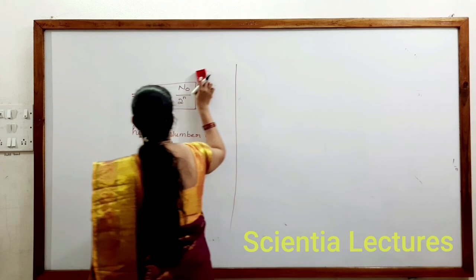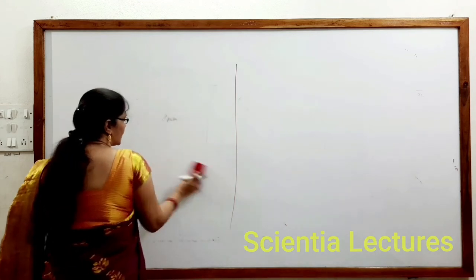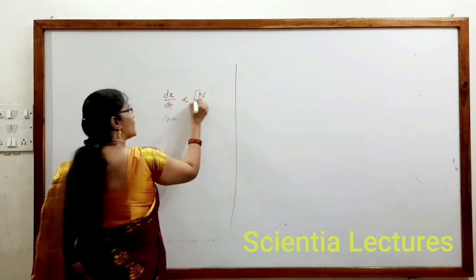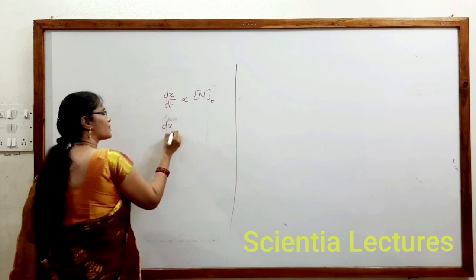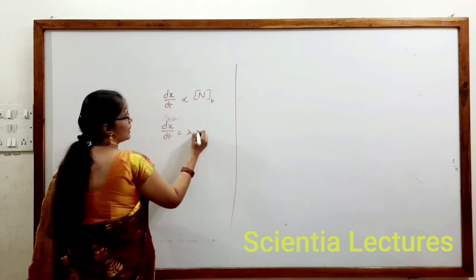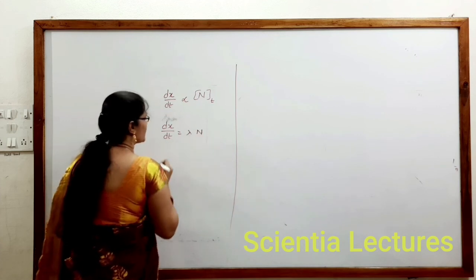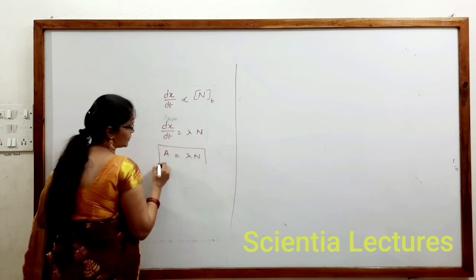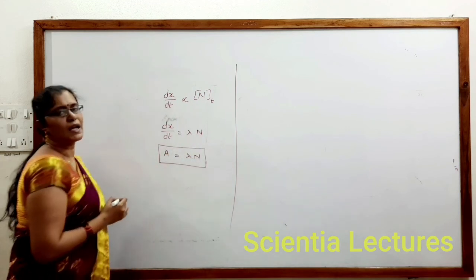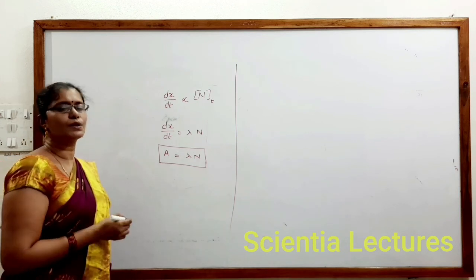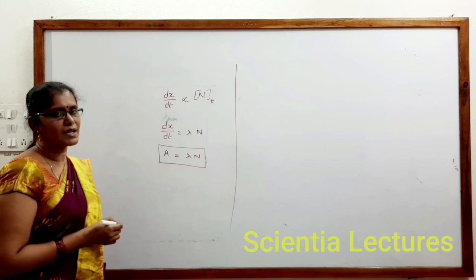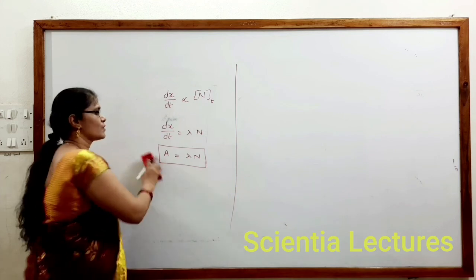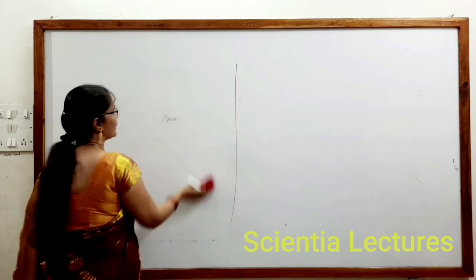Now, normally for radioactive disintegration calculations, dx by dt is proportional to the number of radioactive elements present at that instant, or dx by dt must be equal to lambda into the number of radioactive elements present at that instant. This can be called activity equal to lambda N. So if they ask the question in terms of calculating the activity of a radioactive element, it's nothing but the rate of disintegration that is asked. So it can be concluded that activity must be equal to lambda N. Based on this, the problems can be related to that.